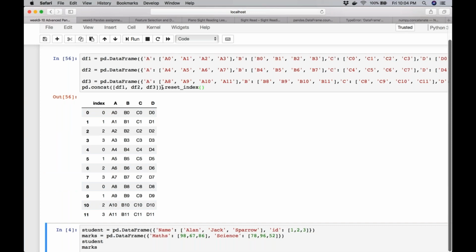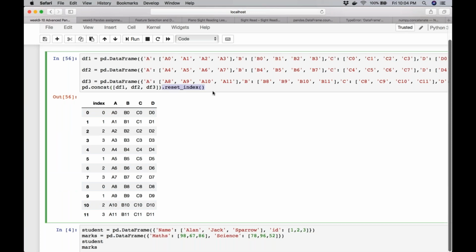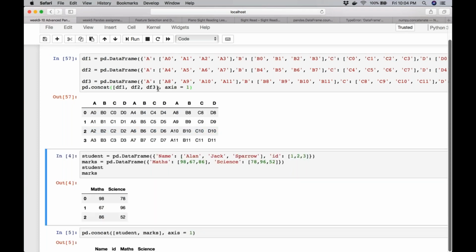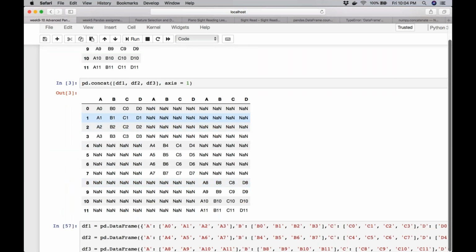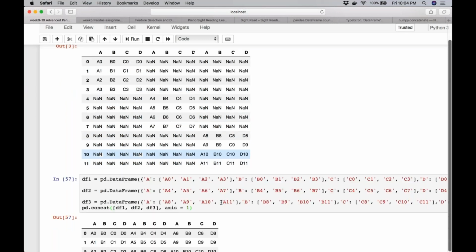Now what will happen if I use the axis argument 1 on this? Earlier, when we used axis 1, because our indices for all the 3 data frames were different, a lot of NaN got created, and the data frame got generated in this particular order.